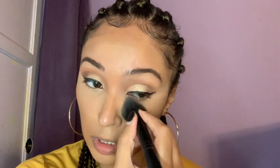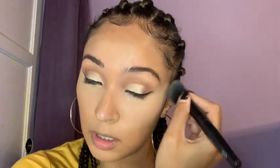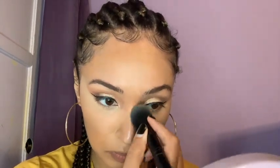Because when it comes to baking with the really white powder, I always feel like it looks really chalky, and it always appears way too white, even if I don't put a lot. But this one has more of a yellow undertone, so it goes more with my complexion. And there's no flashback either, which is good. I'm gonna set every area